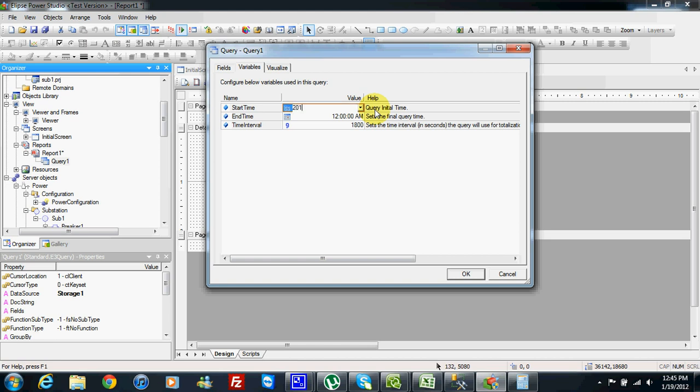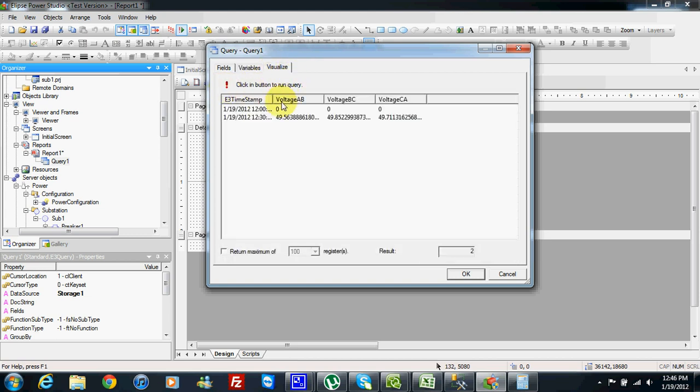Here I can write 2012, then January 19, and I can start from the time noon 10 p.m. and then I can copy this one to this one, and then here I can copy and choose to 45. Or if I want to have a set point for every half hour, I can choose a sharp time to noon and to 30. So in this case here, I have my start time, end time, time interval,